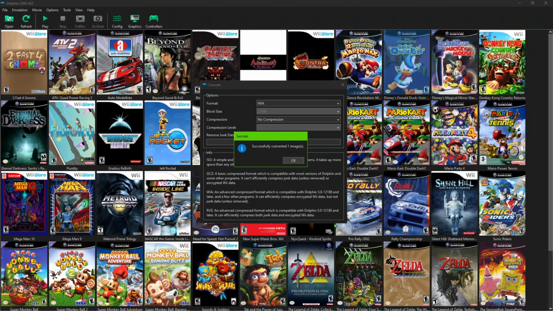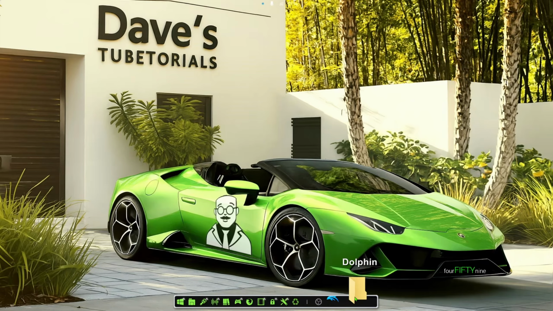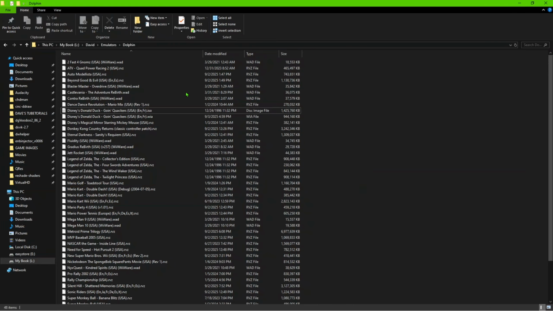There you go. Now, when you get that message, you can go ahead and check what you saved on space. So let me go ahead. I'm going to go into the folder that has the ROMs. So this is the original file right here, the ISO. As you can see, it took it from 1.425 gigs to 944 megabytes. Now what we can do is take that WIA file,